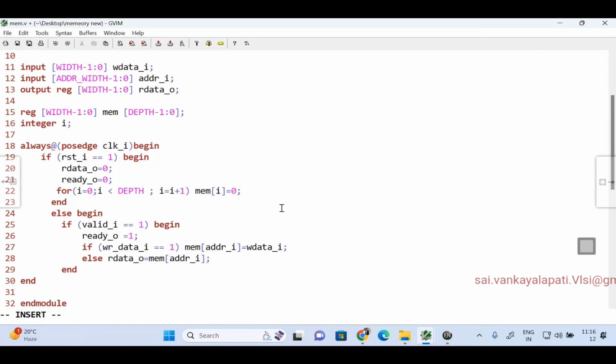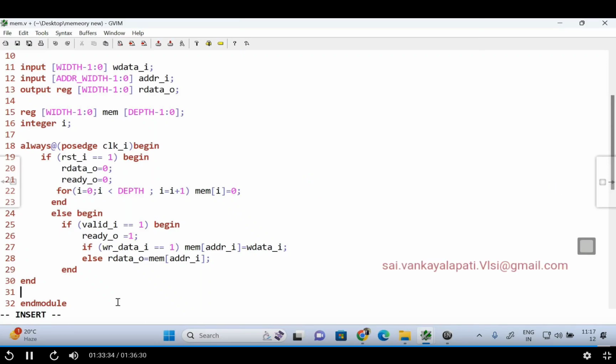Now for this we need to write the test bench. Write the test bench and generate input. The generated input is applied to the design file. We collect output. Whether you are writing the data based upon valid, ready, and the write data. When all these three are true, what are we doing? Writing the data. If those two are true and this is 0, then what are we doing? We are reading the data from the memory locations. Analyze this design file. So can you write a test bench?